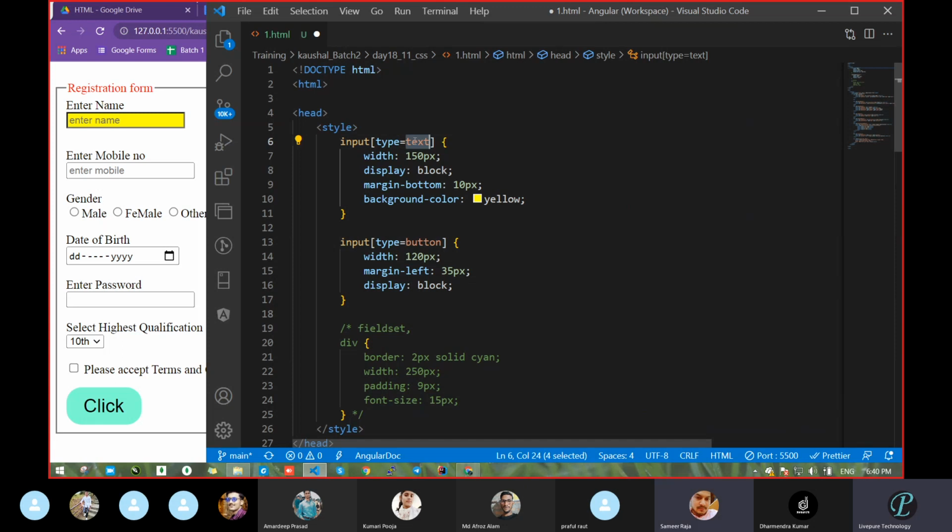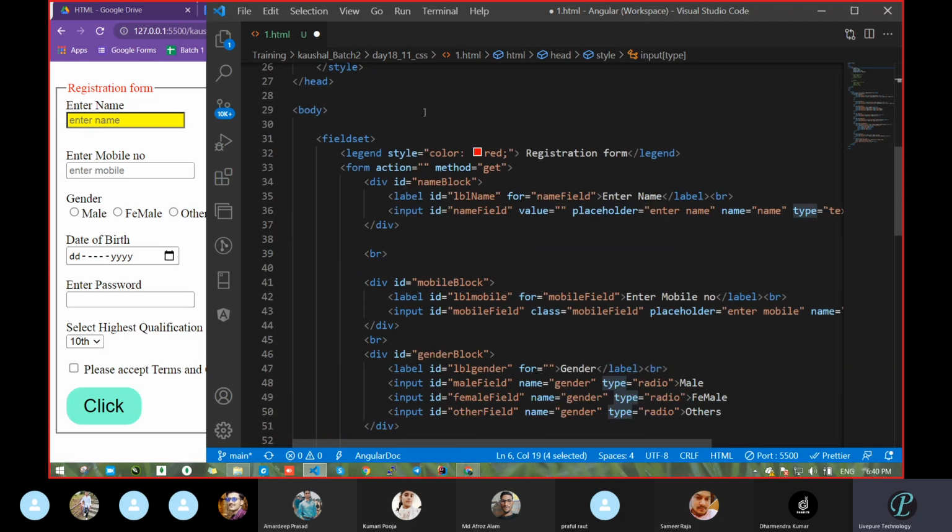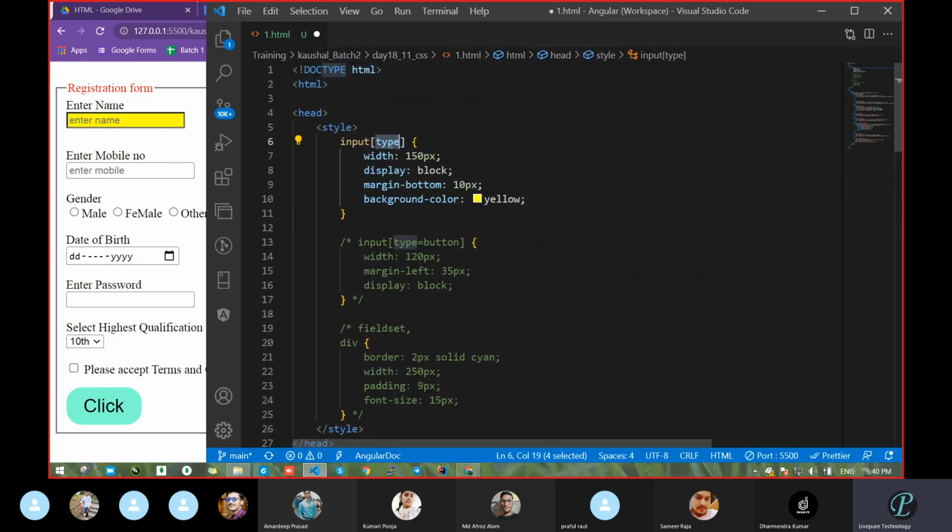Text. Yes. Do one thing, remove this type equal to text and comment this also. Let's see later. So we take an input type, means now whatever input field has a type attribute, it will be affected. Let's see how many have the type attribute. Copy this, paste, save and search. Total 11 have type, means now it will be effective on all type attributes.